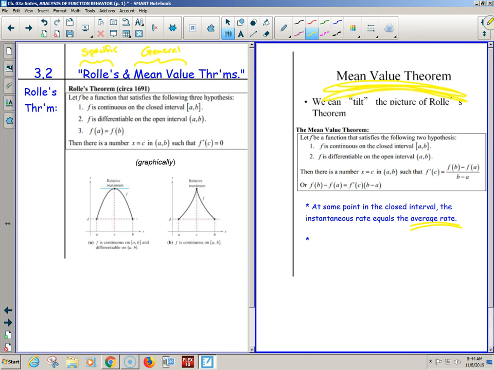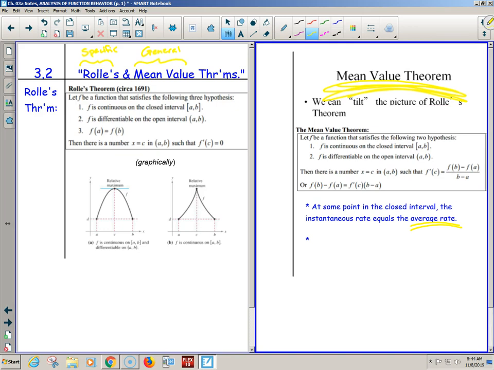Both of them say if f is continuous on the closed interval, aka endpoint to endpoint, no holes, no vertical asymptotes, including the endpoints. We saw last section that if there are holes at the endpoints, some stuff could happen, so we have to be careful with that. So continuous on the closed, from endpoint to endpoint, differentiable on the open. Everywhere in between has to be smooth. Everything has to be smooth, so no DNEs in derivatives.